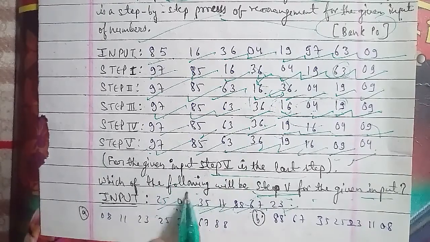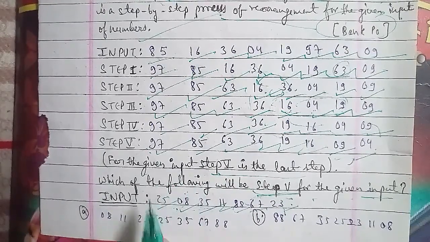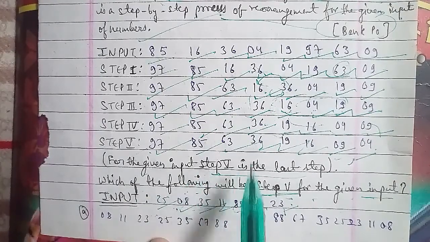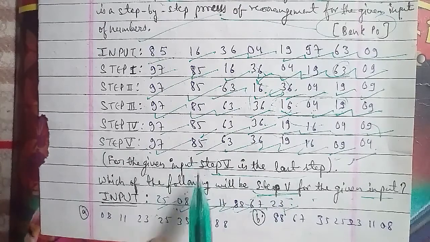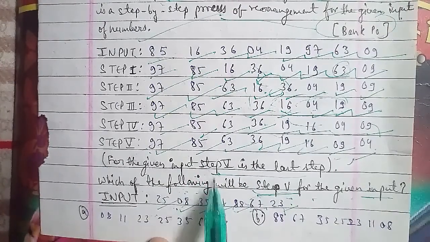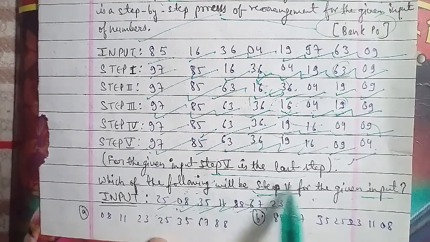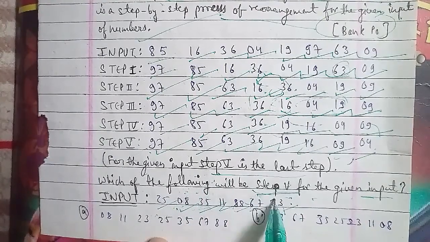This is question number 6. Which of the following will be the step third for the given input? Step third कौन सा होगा given input के लिए? Input है 0 9 25 16 30 32 19 17 and 06। इसके लिए अगर हम बात करते हैं तो ये तो इनपुट ही रहा 0 9 25 16 30 32 19 17 एंड 06। बट स्टेप वन में होगा